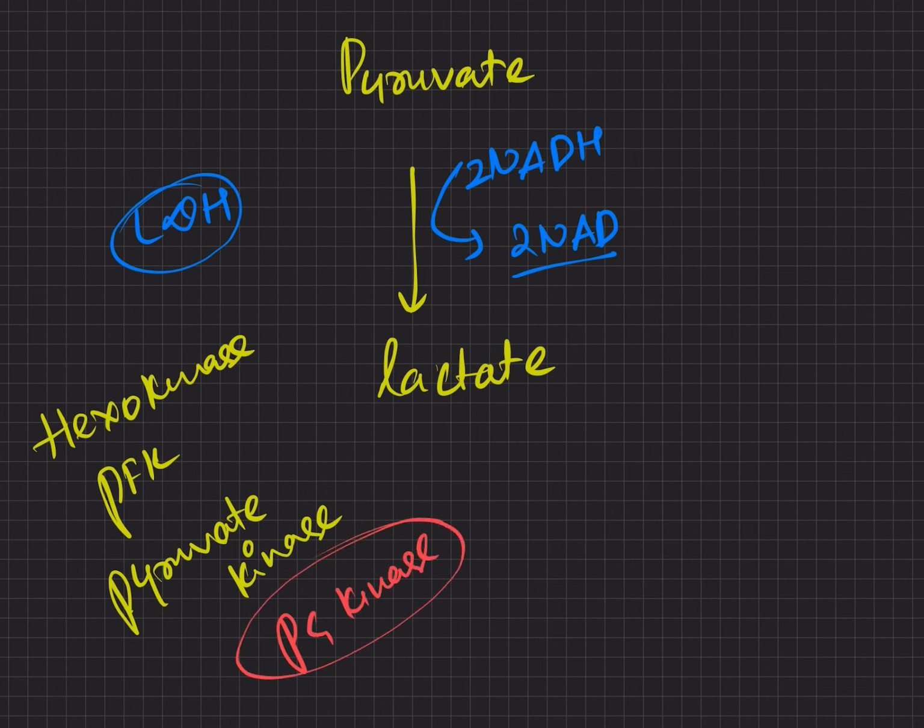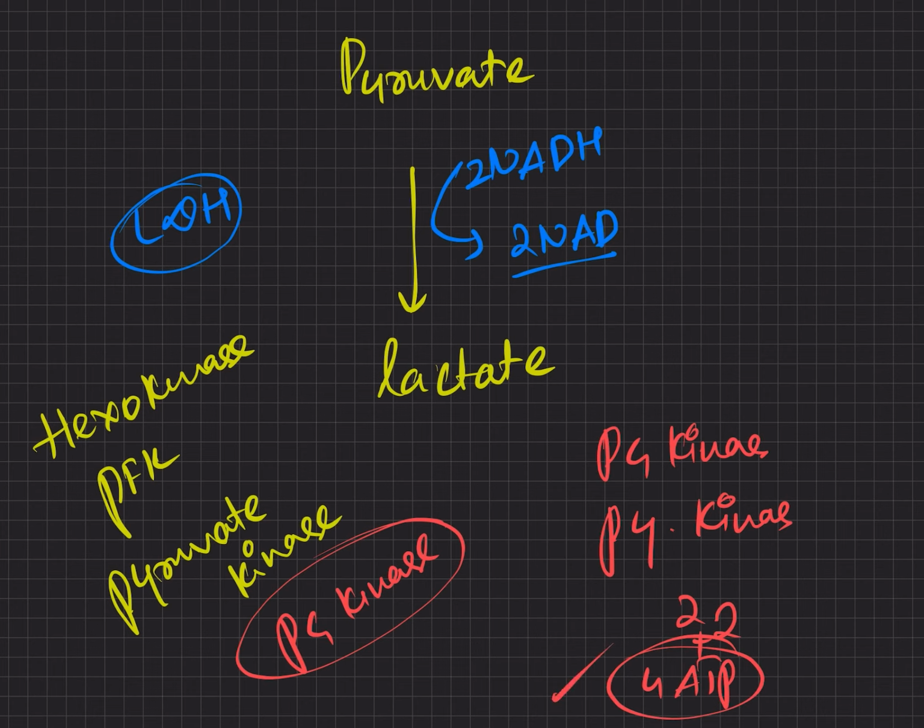The only kinase which is reversible is PG kinase, that is phosphoglycerokinase. Now how many steps have substrate level phosphorylation? 2 steps. One is phosphoglycerokinase and the other is pyruvate kinase, where totally 4 moles of ATP have been produced. These are the 2 SLP reactions, and these are the 3 irreversible